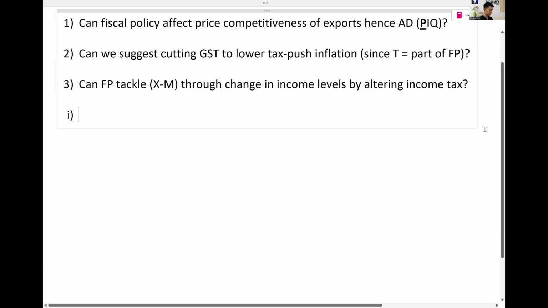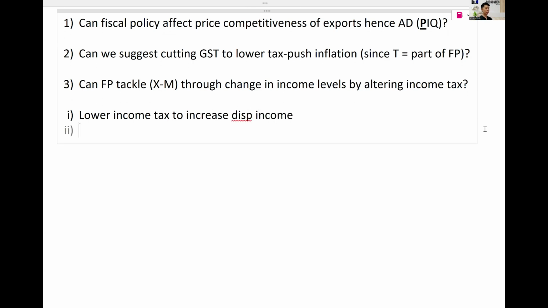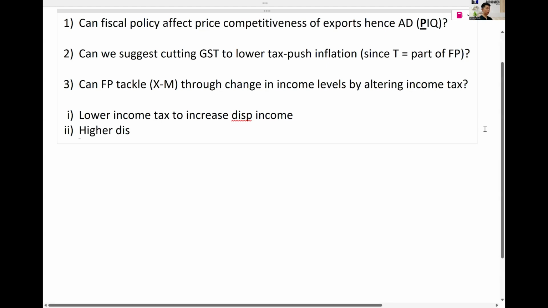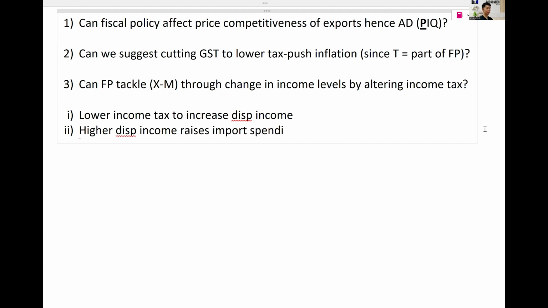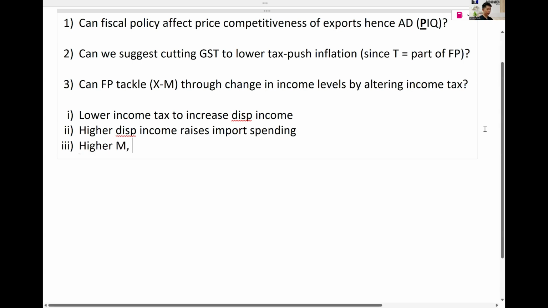Suppose I suggest this: lower income tax to increase disposable income. After that, higher disposable income raises import spending. Higher import spending, ceteris paribus,